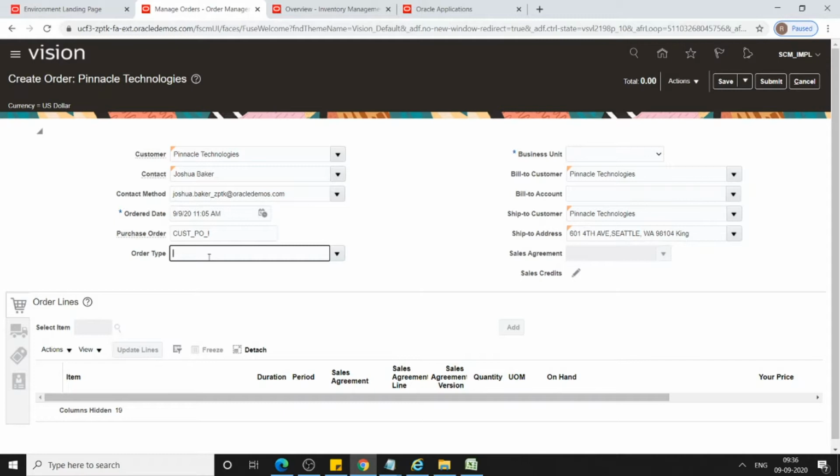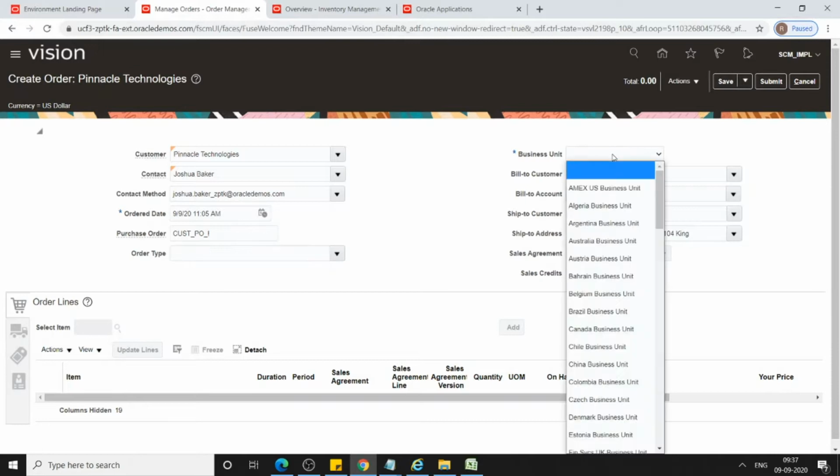If you want to track the sales orders based on the order type, or display reports against the order type, then if you enter all those types in this lookup, they will be displayed in this list of values, otherwise it won't display. Here I am not going to select anything. Based on this order type, you can define the order orchestration flow, which is equal to the header and lines workflow in Oracle EBS.